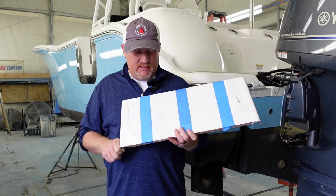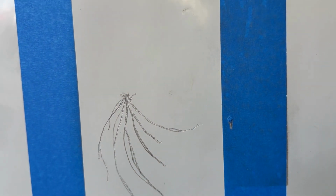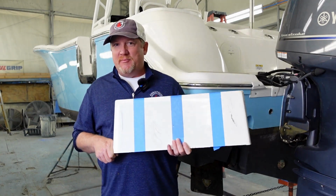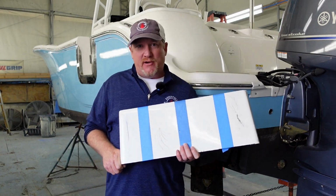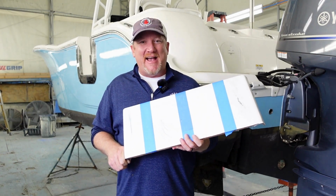Third on our list is the spider crack. The spider crack is something that we get more calls about than anything because everybody thinks they have a spider crack and it just sounds cool. I have a spider crack. What a spider crack actually is